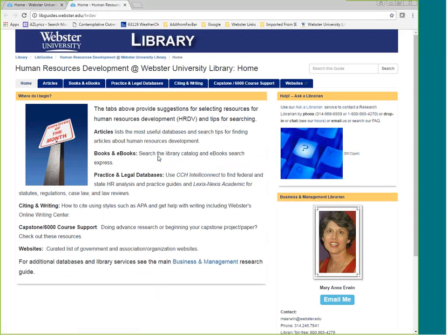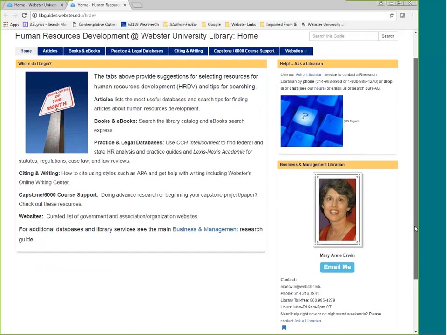So from this page, notice that across the top, now we have tabs that lead you to particular formats of information like articles or books and ebooks, and also to services like help with citing and writing, and contact information on the right-hand menu with a link to Ask a Librarian, and here's my contact information again.